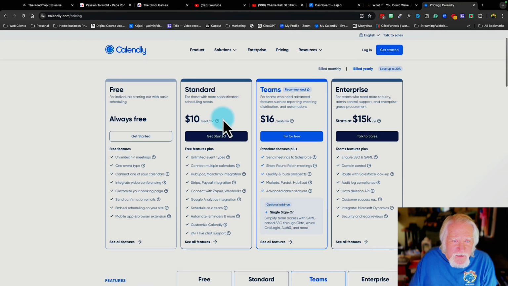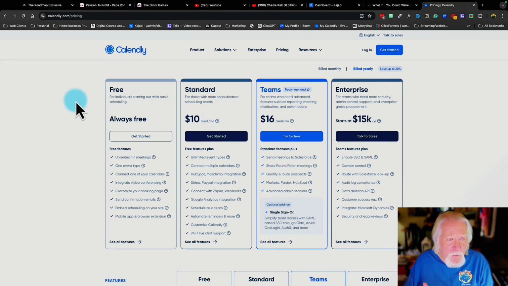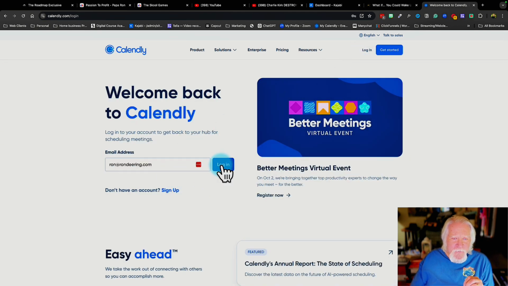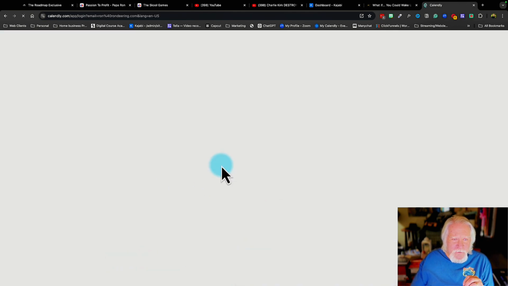So I went with the $10 because I wanted to integrate and have some of my appointments, schedules and coaching charge for, but I really could go back to the free because I'm doing everything through Kajabi now, so I can charge through there and not have to do that. But there are some things I want to show you. Okay, so I'm going to go ahead and log in to my account here,